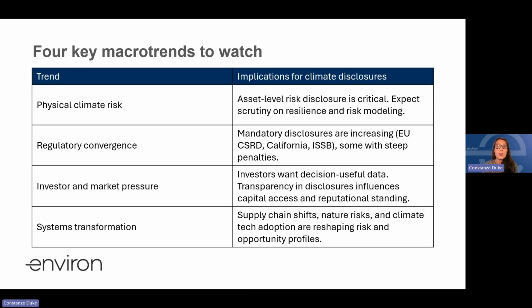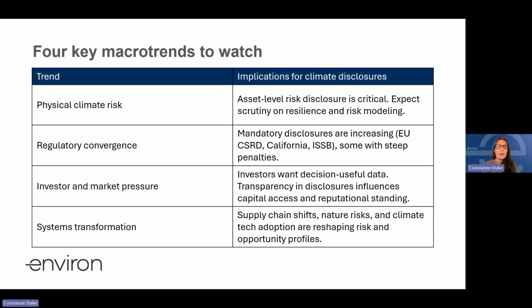We'll focus on 4 key trends to watch. The first, of course, is physical climate risk, the floods, the wildfires, the droughts, and so on, that are having a measurable financial impact. In terms of disclosure implications, it means that discussion of risk at the asset level is critical, including disclosure of your methodology, and most importantly, the impact on the resilience of your organization across various time